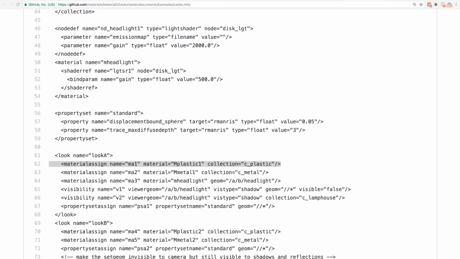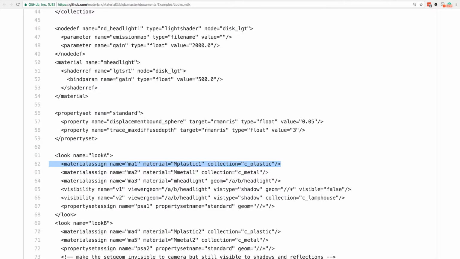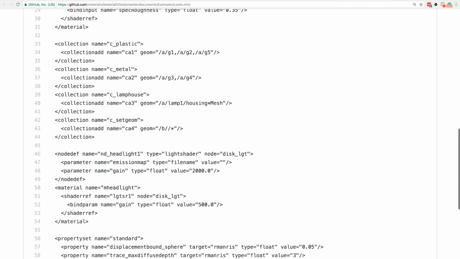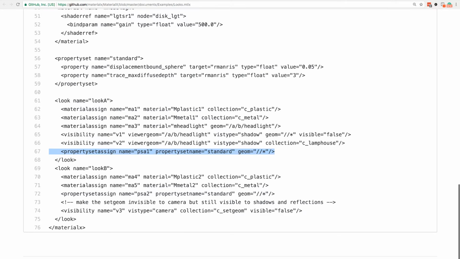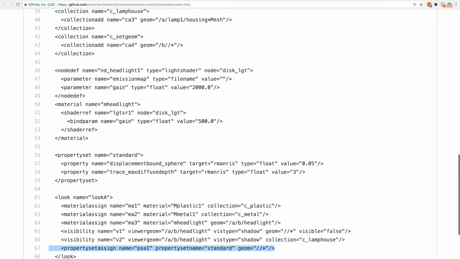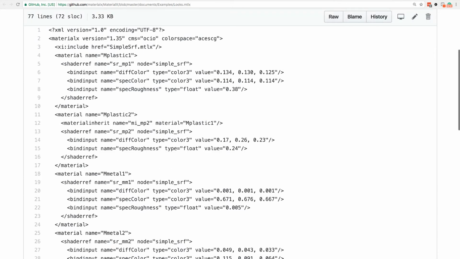All right. So, like I said, some of these are going to be parameters. Some of them are going to be actions. And that is something that is going to be handled on each one. For example, we did that for the look node: create assignments, set visibility, set properties. But chances are, the set properties, which basically just handles this one, might not be the right place to put it. But for now, let's just keep exploring and see what else we need.